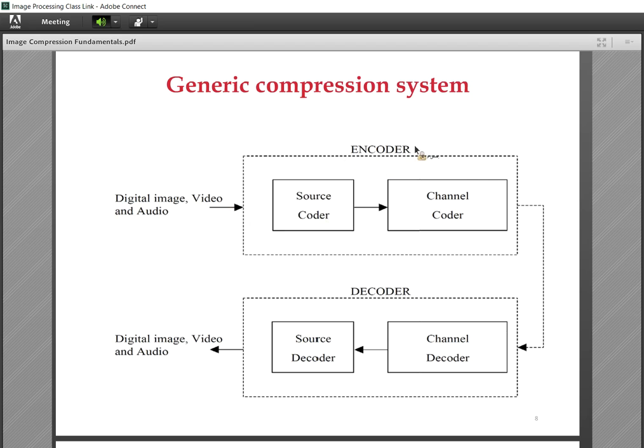This is the encoder, previous to transmitting to the channel. The encoder consists of a source coder and a channel coder. For example, source coder means compressing a video file, for example, and channel coder, for example,